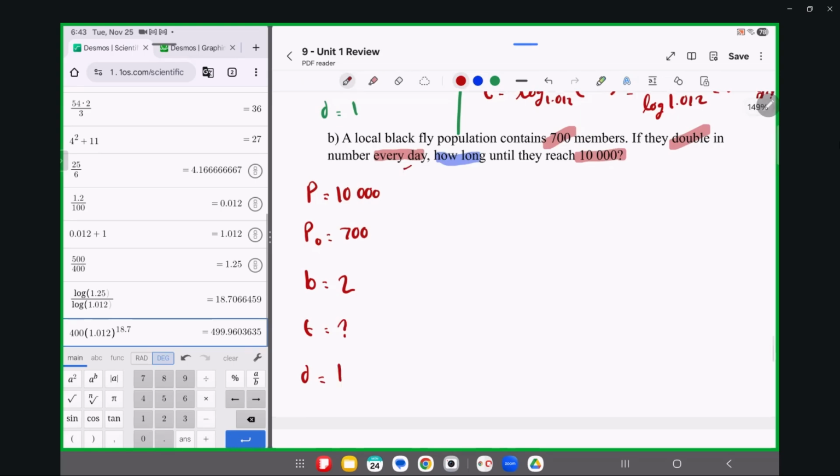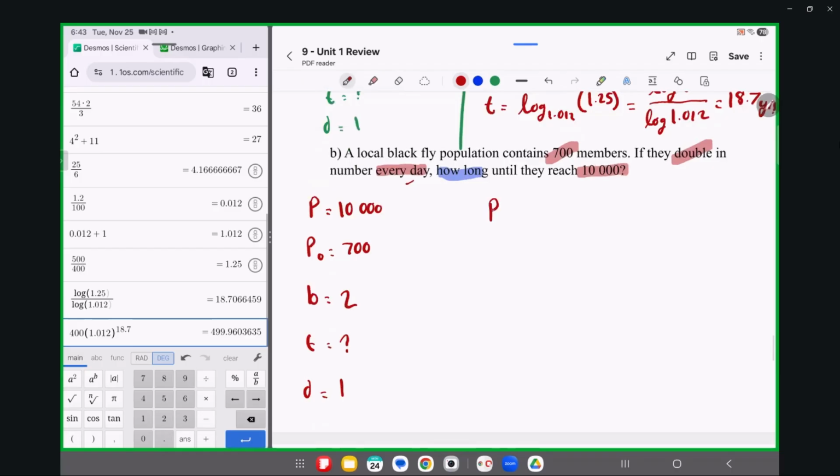So given the equation, capital P is equal to P naught times B to the power of T over D. P is going to be 10,000. P naught is going to be 700. Our base will be 2. T is going to be just T, and this is happening every day, so it'll become T over 1. And just like before, the T over 1 will simplify down to just being T. Dividing both sides by 700, we end up with